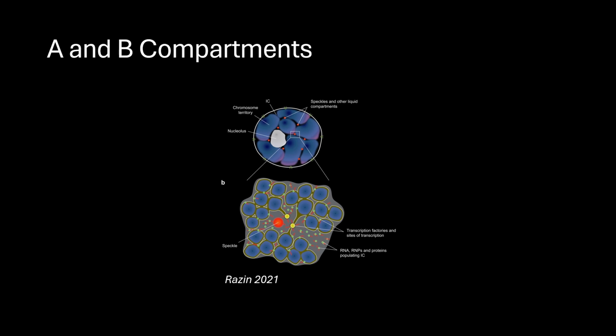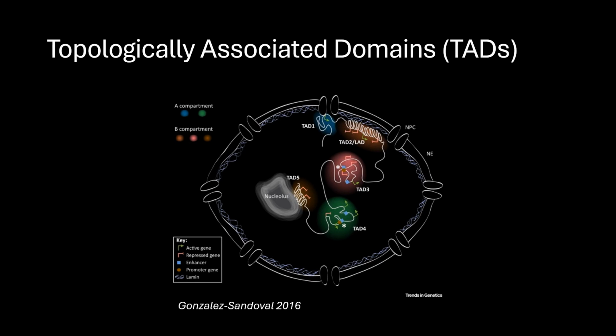Usually A compartments are found near the center of the nucleus, and B compartments are usually found on the edge of the nucleus. The main hypothesis for this trend is that the center has a high concentration of transcription-related proteins and other structures such as nuclear speckles, which are organelles inside the nucleus that increase gene expression to genes in close proximity. So inside each compartment, there are even more distinct regions known as topologically associated domains, or TADs, that separate sections of chromatin from each other,